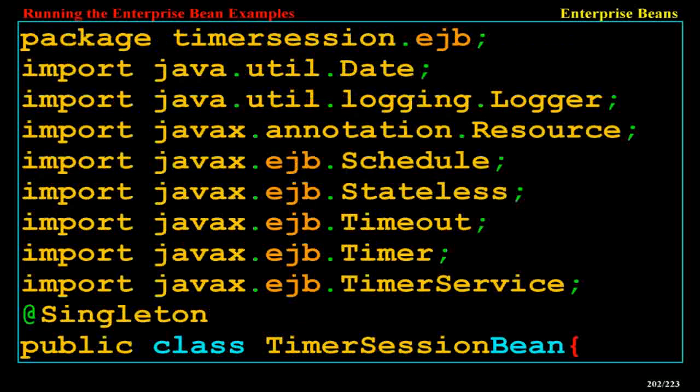package timer.session.ejb; import java.util.Date; import java.util.logging.Logger; import javax.annotation.Resource; import javax.ejb.Schedule; import javax.ejb.Stateless; import javax.ejb.Timeout; import javax.ejb.Timer; import javax.ejb.TimerService; @Singleton public class TimerSessionBean {